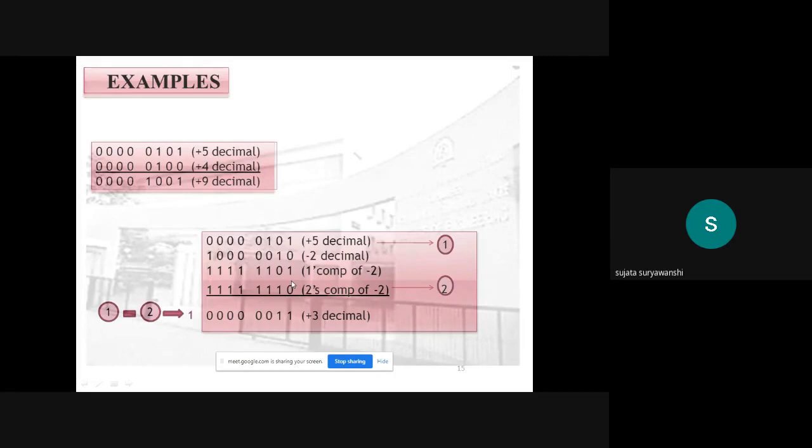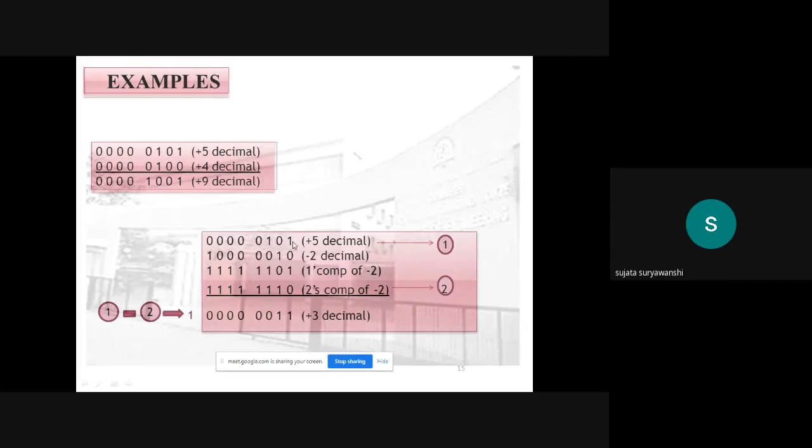Otherwise, I have explained the direct method to find 2's complement. What is the direct method? Just start with the LSB bit and write down all the bits as they are till you get the first one. Here 0 I get, write it down as it is, then 1, that one is the first one. That's why I write it as it is. And the remaining bits I have to alter. If 0 is there, then write down 1. This is the direct method to find the 2's complement of a given number.